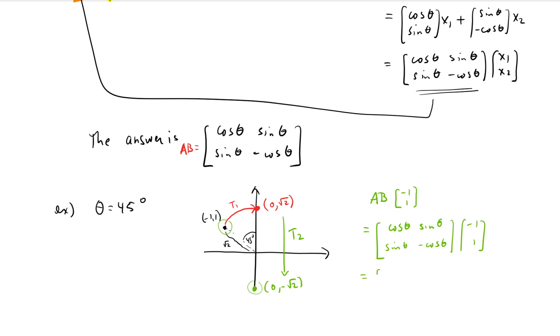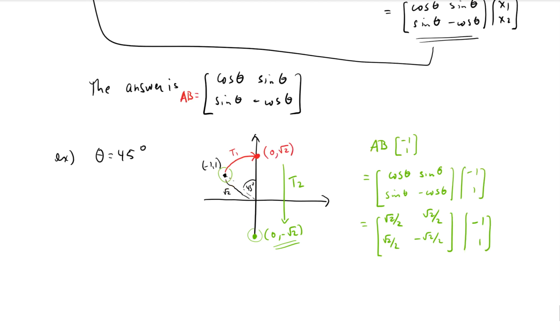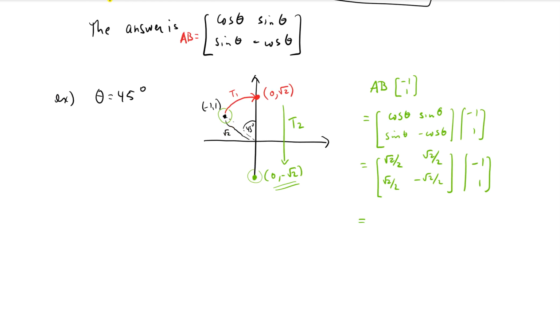If you replace theta by 45, cosine of 45 is root of 2 over 2, and sine of 45 is also root of 2 over 2. So this is a matrix that we multiply by this vector, and we should be getting the point 0, minus root 2. Because this standard matrix is supposed to represent the composition of the rotation followed by the reflection. So if I multiply these together,